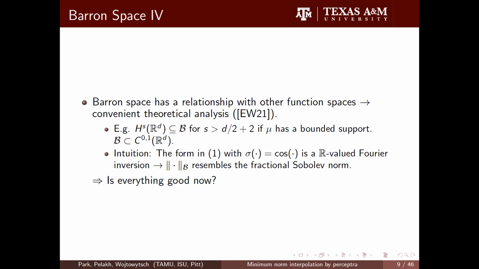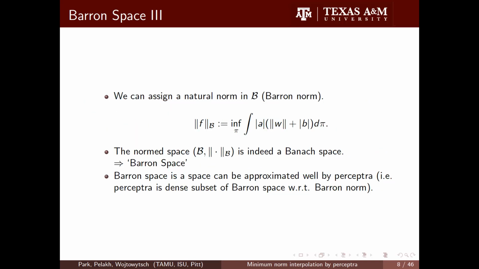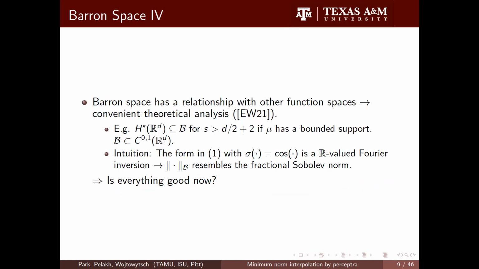Up to this part, we make a nice conclusion. Baron space is the function space that can be well approximated by perceptrons. But as Alex mentioned, it doesn't give us any information. So what is the Baron space? We just make a continuous extension and see this is what we can approximate. But what about that space? So we need some information about this space, but